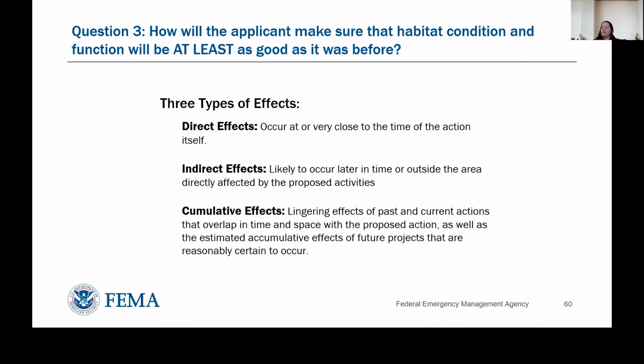The third is cumulative effects. And this one is the hardest because it's the most alien to how we do floodplain management sort of traditionally. And I touched on this right at the beginning of the presentation, that we have to find a way to capture the lingering effects of past actions and the anticipated effects of current actions. So we've got effects that are overlapping in time and space. And so this stuff is hard. But, if you think about it,